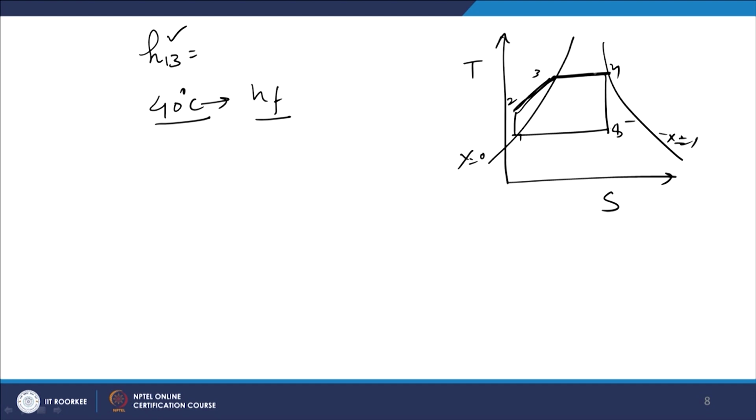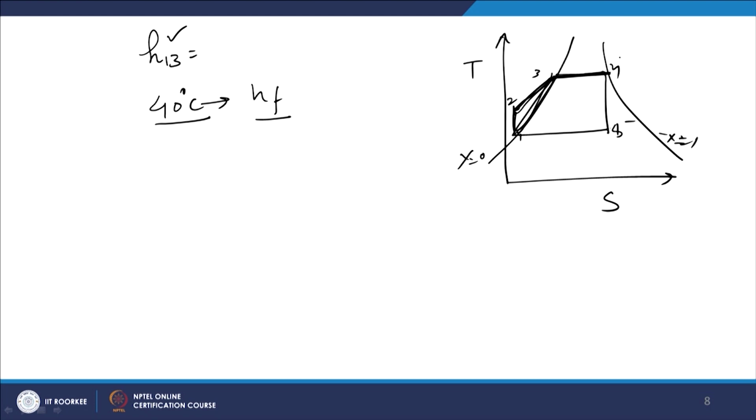2 to 3 and 3 to 4. This part, this energy addition, is taking place inside the boiler, right? Here we are neglecting the pump work because pump work is not mentioned. So we will say that starting from 1 to 3 and 3 to 4, heating is taking place, sensible heating from 1 to 3 and then 3 to 4. In this case, pump work is neglected.